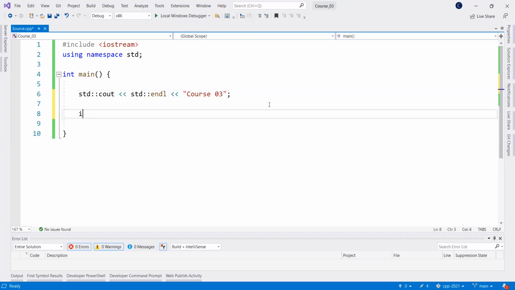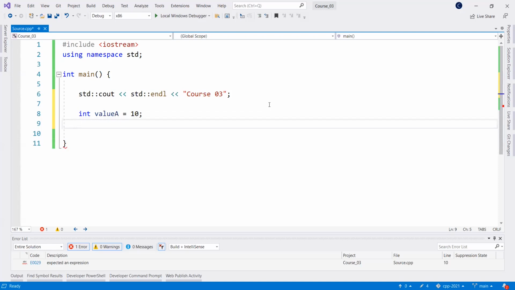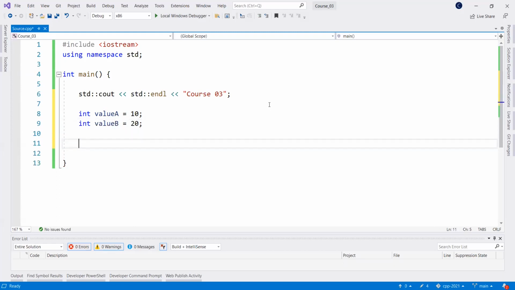I will define two values, value a. Let's say value a sounds more scientific. So value a equals 10, and after that I will say value b equals 20. Okay, and also let's suppose at some point we have an array somewhere here. Okay, int values. And I will go for an array with predefined values like 1 2 3 4 5